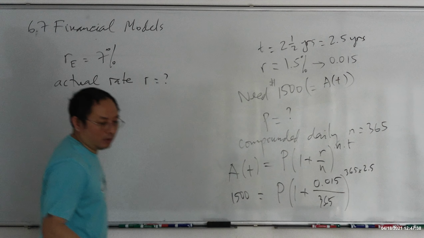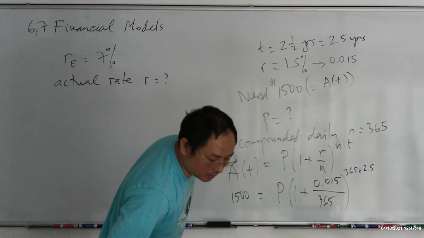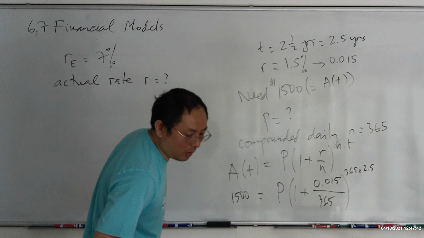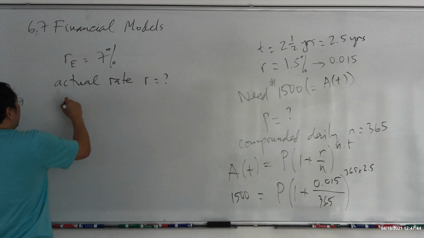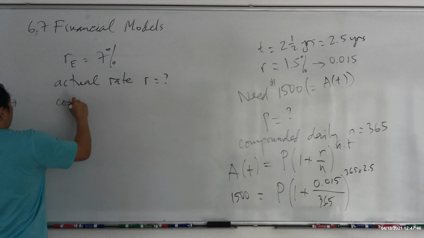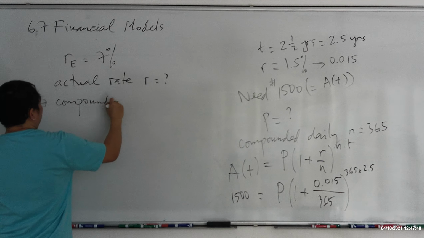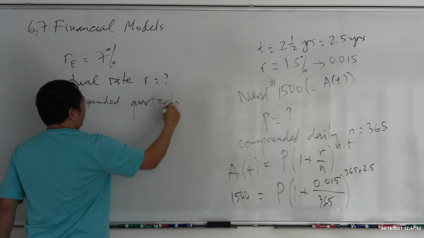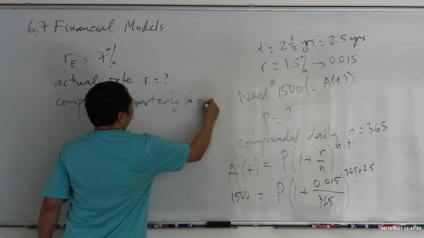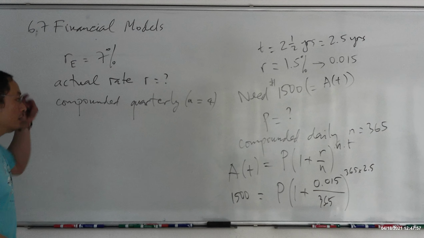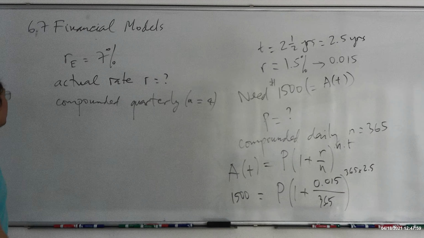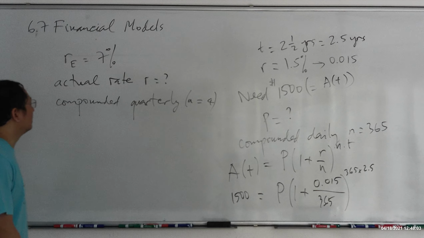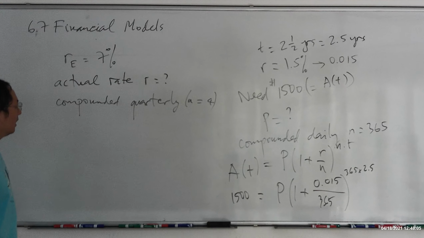And they give you one more piece of information: compounded quarterly. Quarterly means N is equal to 4. So every 3 months, a quarter, you get some interest. It's compounded quarterly. So I know that I have to use the